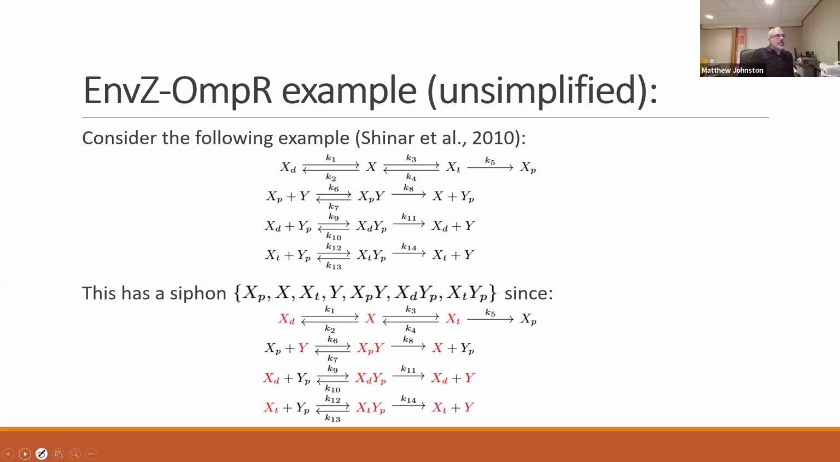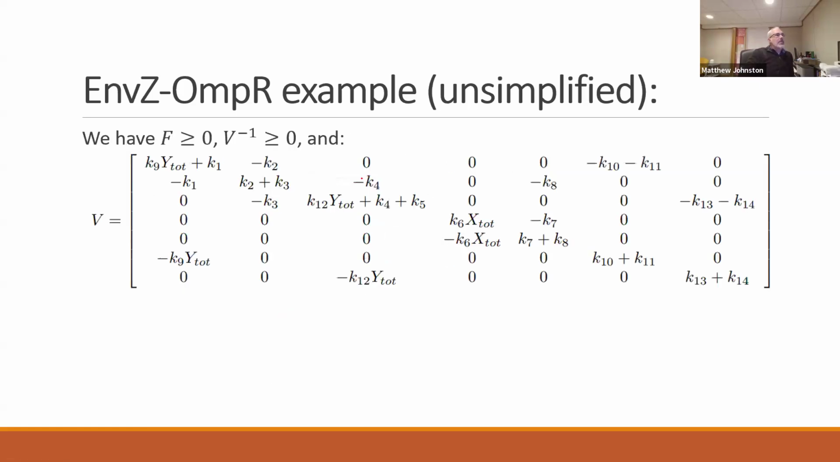Everything else will not be at steady state. I can compute F and F inverse. They're too big to show, but F is big and non-negative, and I need that. The F inverse is big and non-negative. Here's the structure of the V. I can actually put that there. It does have the sign structure where it's non-positive on the off diagonals. That is a sign structure we do strictly need for the result to